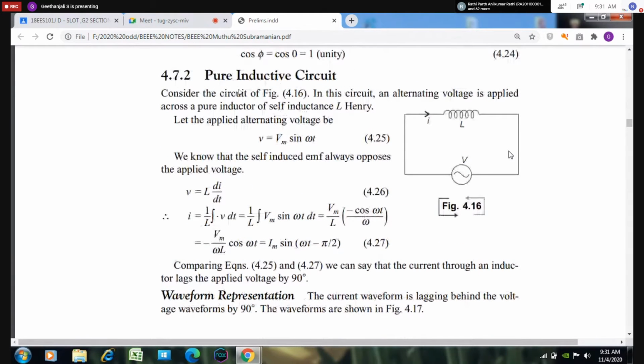Next, pure inductive circuit. That means the pure inductor L will be connected in series with the voltage source. The voltage source is represented by Vm sin omega t. Vm sin omega t is the voltage which is applied to the inductor. The current flowing through the